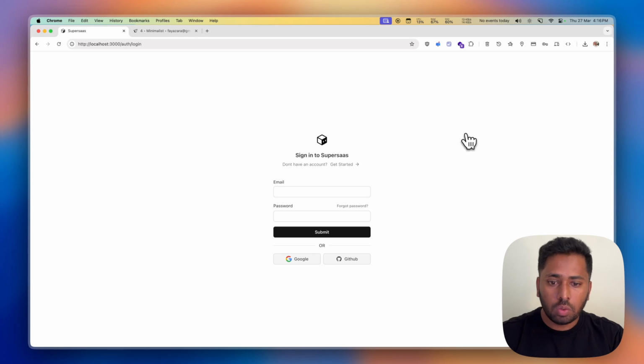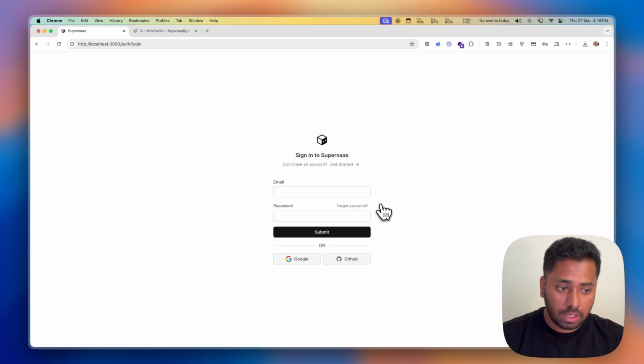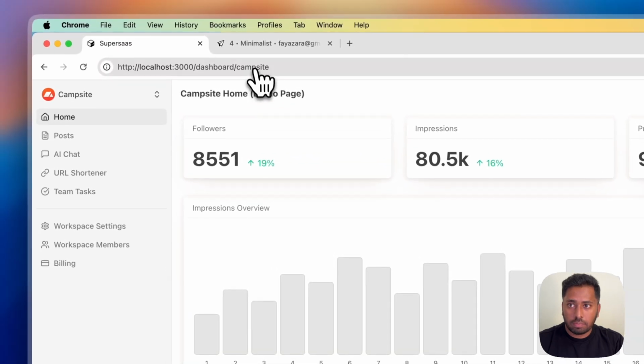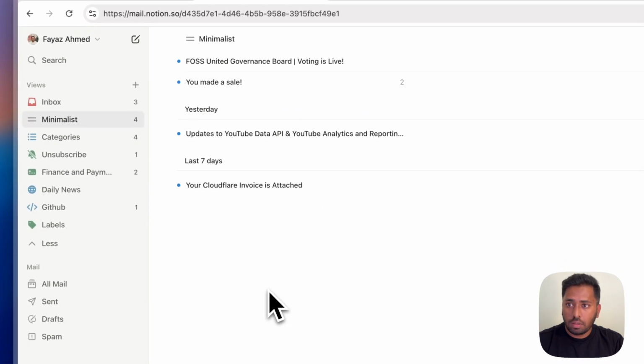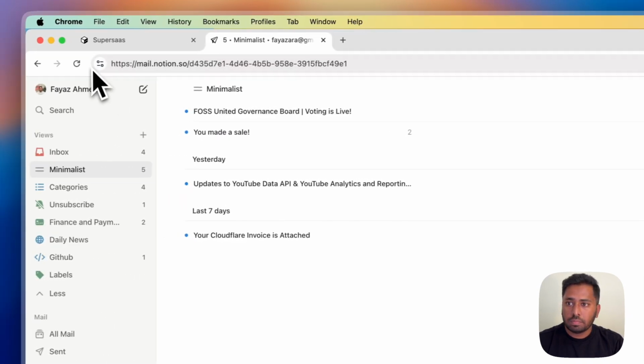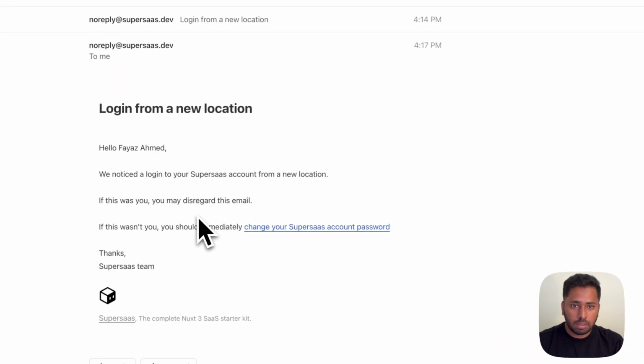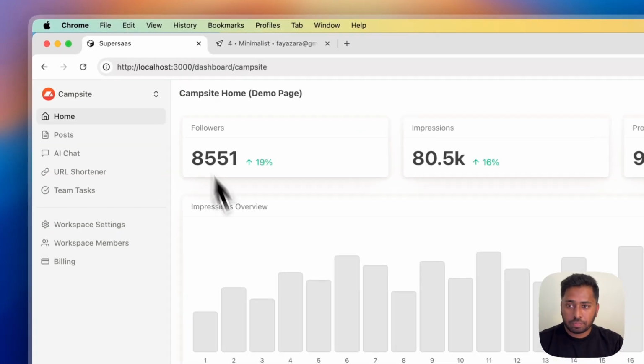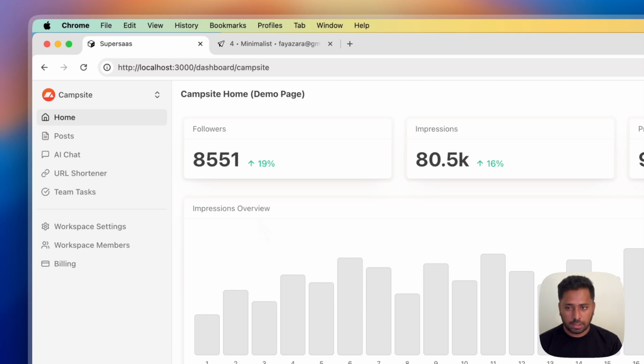And you also get authentication flows like forgot password, verifying users, sending invitations. So yeah, I've carefully thought out authentication flows. You also get login notifications as well. Let's wait for that. Yeah, so like a simple login notification, and yeah, so once you log in, you land on the simple